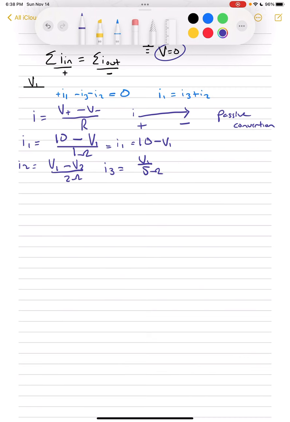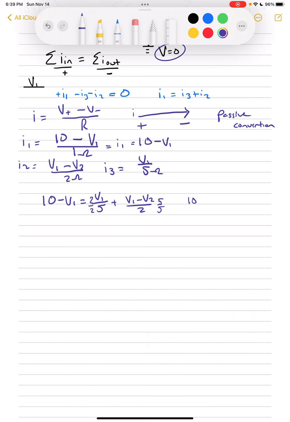Let's say I1, let's write that down, I1, 10 minus V1 is equal to I3 plus I2, which is V1 over 5 plus V1 minus V2 over 2. Okay, let's just get rid of the fractions here just to make things simpler. Let's multiply this by 2 over 2 and this by 5 over 5. We're going to get